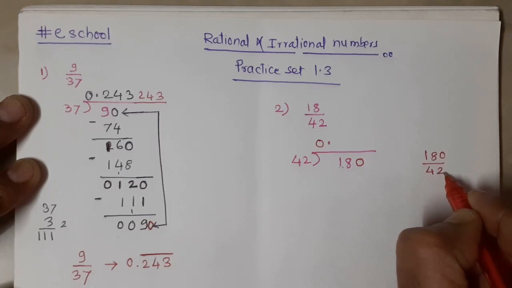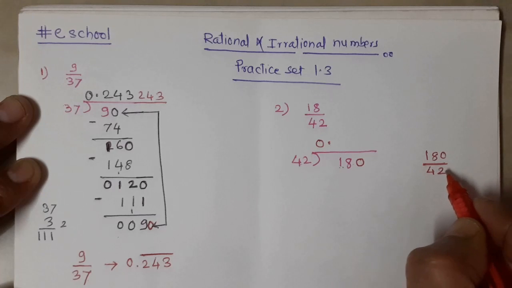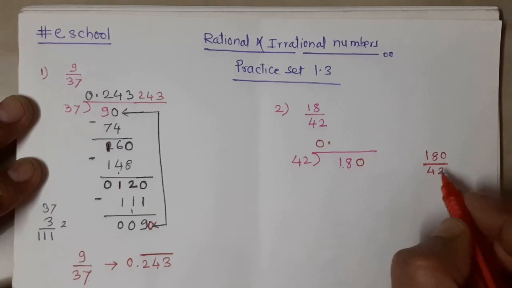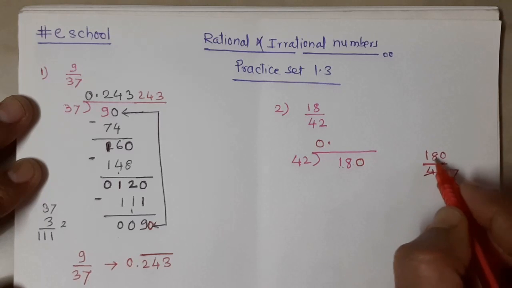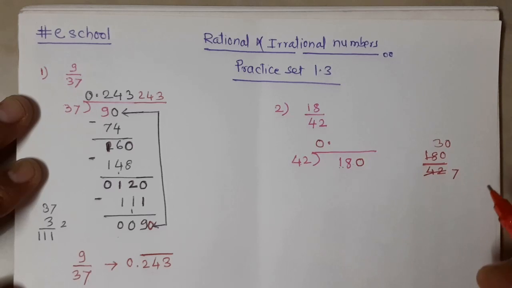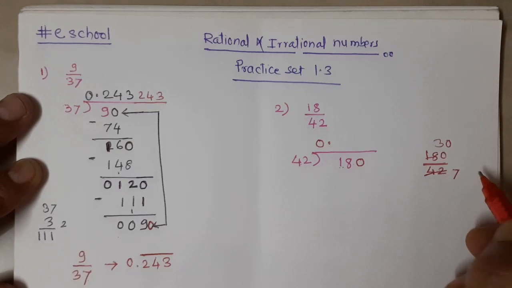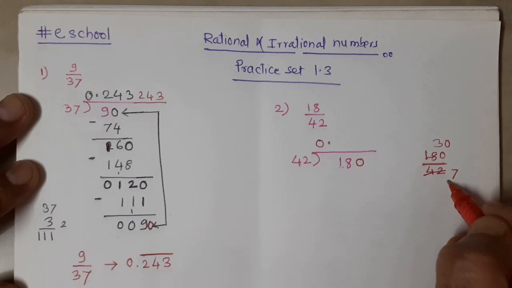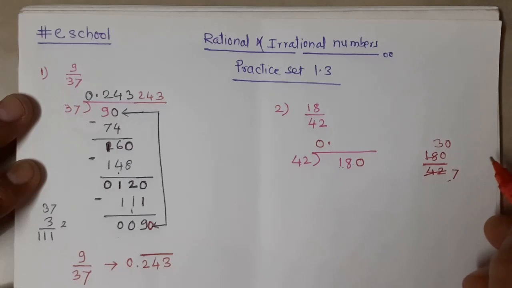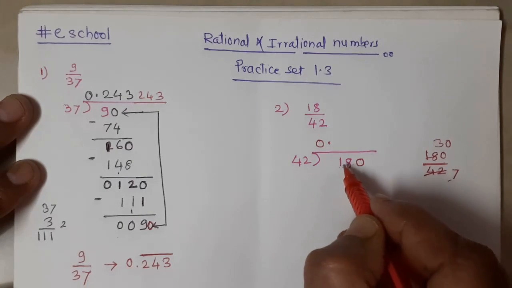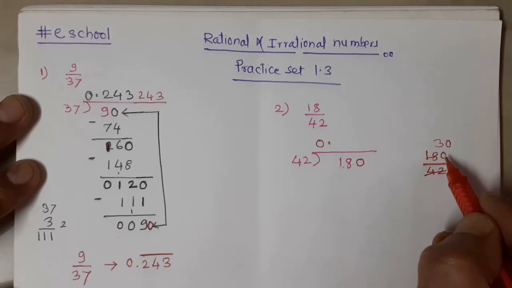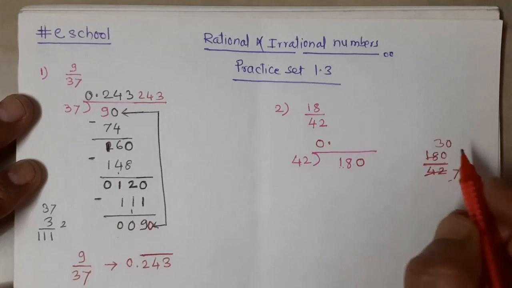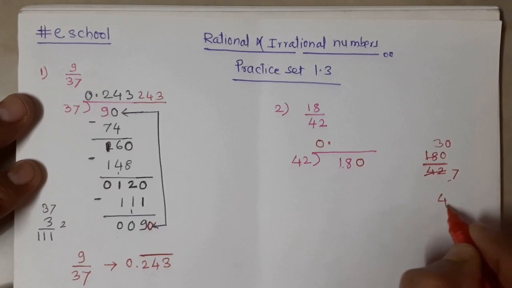If we are simplifying this, we can simplify it by 6: 6 sevens are 42 and 6 threes are 18, so directly you can take 30 divided by 7. Or you can take directly 18 divided by 42, in order to make you understand more easily. So we can take the division of 42 fours,